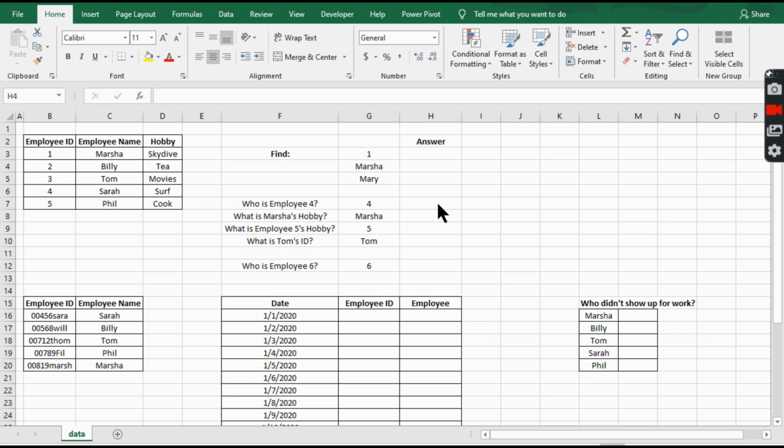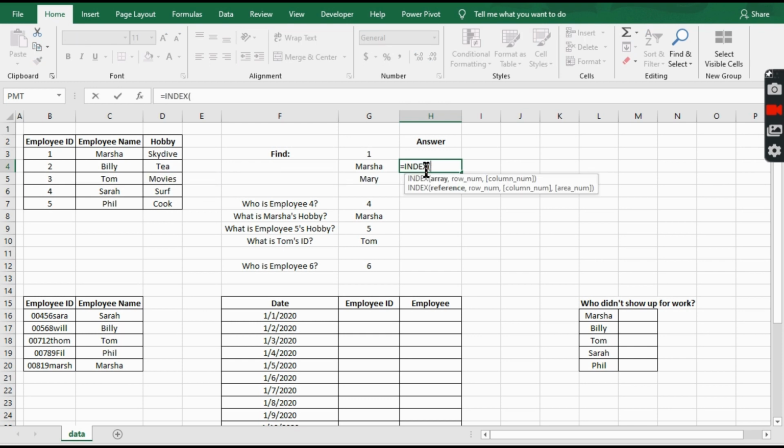So what is each of those if you're not really familiar? INDEX MATCH is two separate formulas, the INDEX function and the MATCH function. If you do equals INDEX, the way you break it down is the array or reference, which is the table that you're looking in, that you are highlighting. So like in a VLOOKUP, what is the table content that you're looking for information in? With an INDEX function, you highlight a range